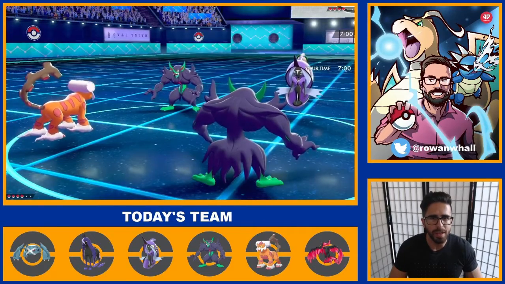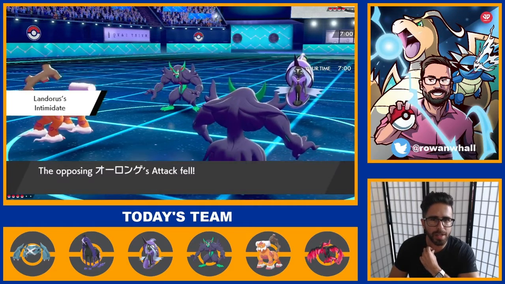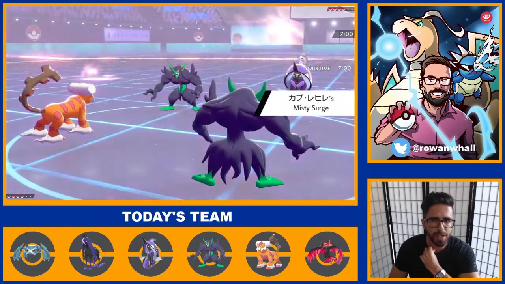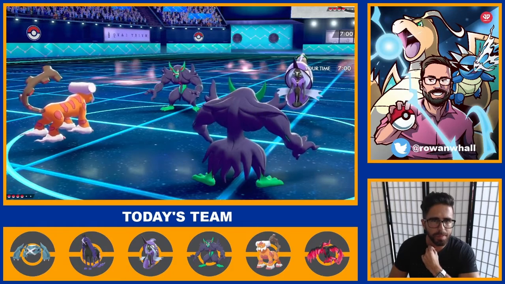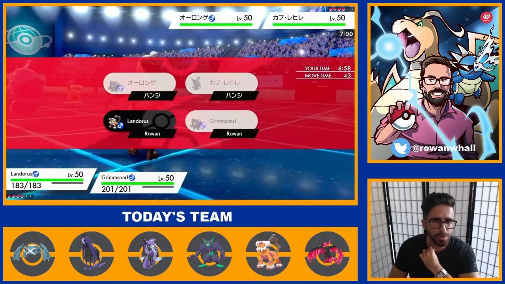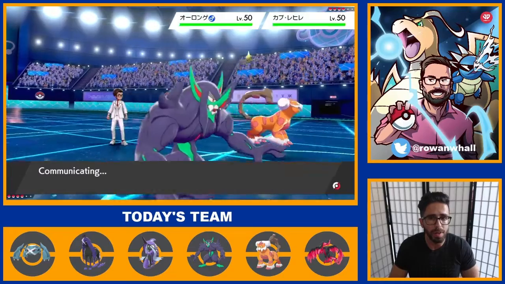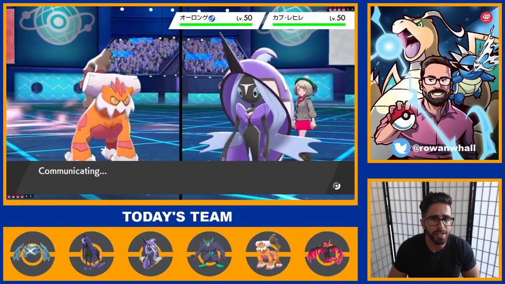that's fine here, I think, because if I recall, I predicted that they were going to go for screens and Calm Mind. That is just a safe play. Landorus can't do a ton of damage into Finny without some kind of boost. And they generally have a recovery item on top of that. So instead, we can just go for our own Swords Dance, and then play it safe with a Light Screen from Grimm. We could play it safe, but actually no, we go with the Spirit Break, and the reason for that is that